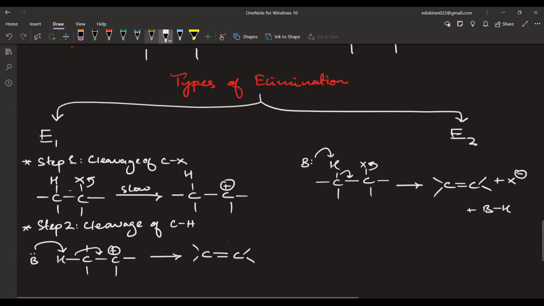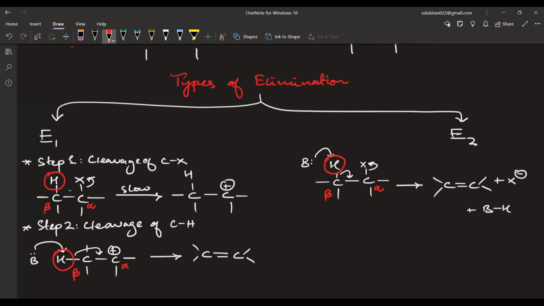It just means that in both of the cases, this is the alpha carbon which is having the halogen atom, and the hydrogen from the beta carbon, which is adjacent to alpha, will be removed. Here also this is beta, this is alpha. So this beta hydrogen is also getting eliminated. That is why it is known as beta elimination. So this is beta elimination